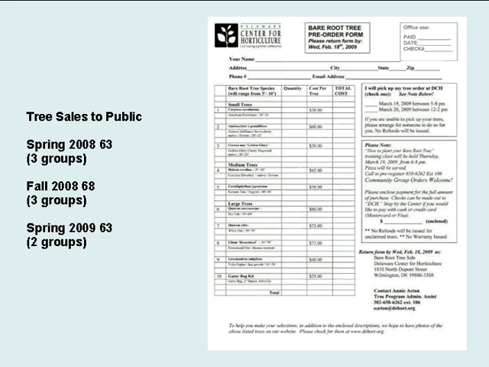And as far as the sales to the public, this is a copy of our order form. Last year we included the actual order form in our coming events just to make it easier for people to order. And we also put it on our website, and we put links to descriptions and pictures of the trees so people could go shopping online to see what these trees will look like. Generally, we just choose 10 varieties of trees and have 5 of them be smaller trees and 5 of them be the larger canopy trees.